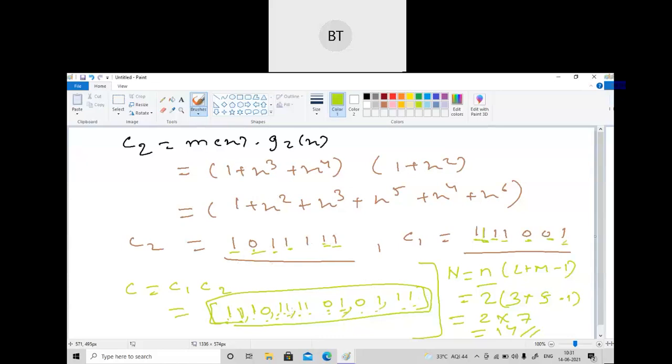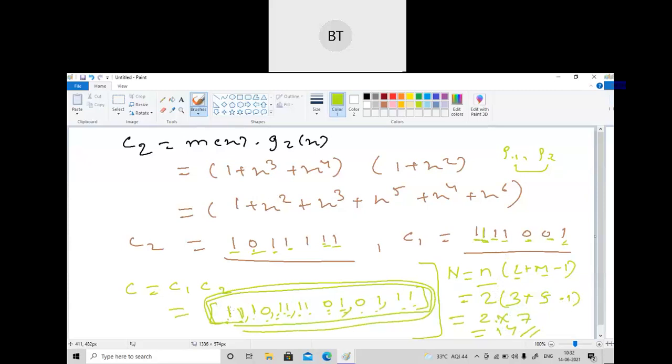So I have combined, and you can verify it using this formula which I've already told you in the last session, that n should be equal to small n into L plus m minus 1. Small n will be 2, since the generator matrix was given as G1 and G2. L is given in the problem, which is 3. So I've written here 3 plus m value. The message bit is given of 5 length, 10011, so I've written here 3 plus 5 minus 1. So what will I get here? 2 into 7, 14. If you count these 7 bits, you can get 14 bits. So this is the final code word.